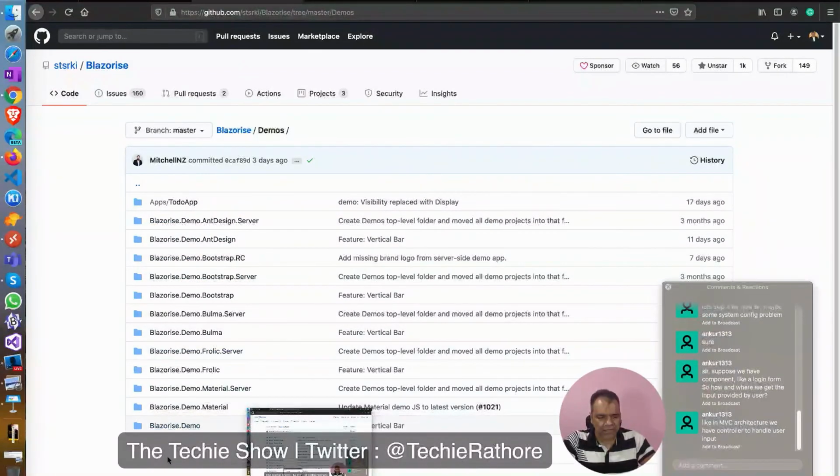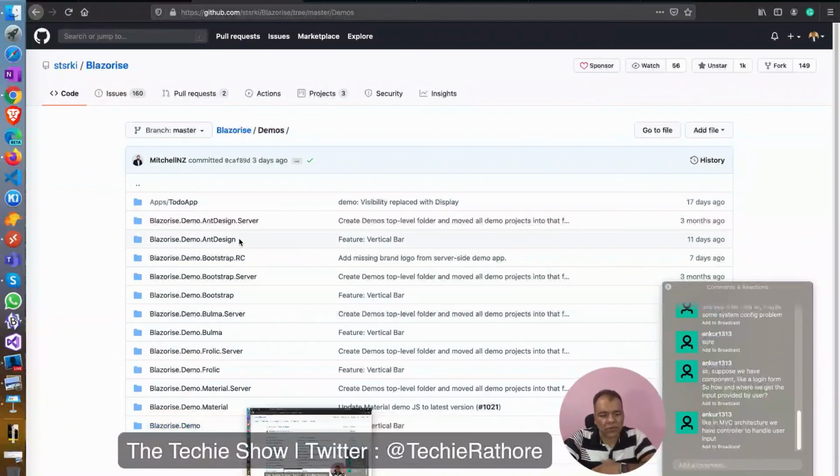These are the different heads, and every Blazor component library is using the same architecture which I have explained earlier: they keep the UI code in a separate project and utilize that UI code in different heads.